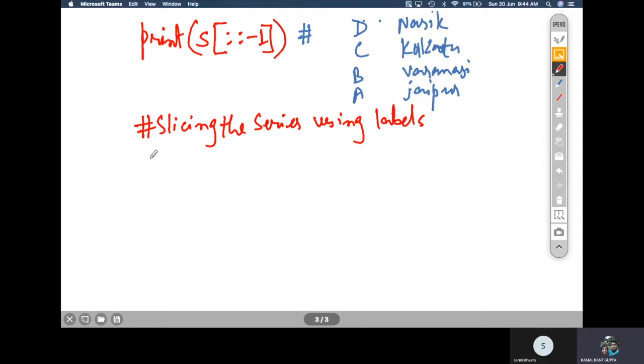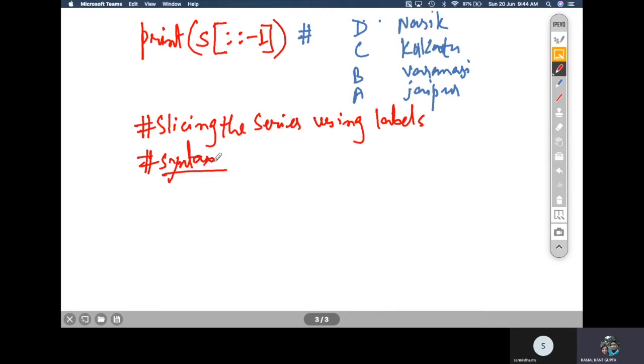For slicing using labels, we should use the label names in place of indexes, but the basic syntax remains the same. This is something new which was not there earlier.